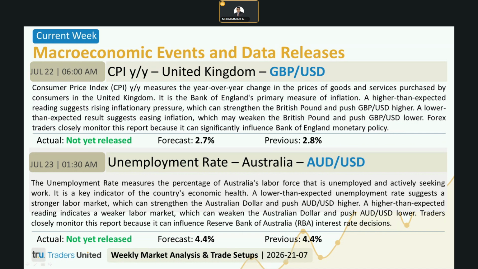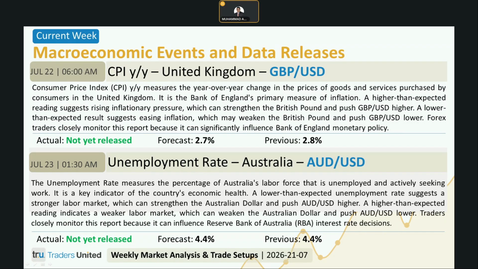As far as the pre-release trading outlook is concerned, the short term bias is somewhat neutral in the GBPUSD currency pair. So expect bullish price action for the GBPUSD currency pair if CPI comes in above 2.7%, and expect bearish price action for the GBPUSD currency pair if CPI comes in below 2.7%. If the report matches expectations, currency traders will likely focus on Bank of England guidance and upcoming economic data for additional direction. Expect increased volatility around the news announcement.